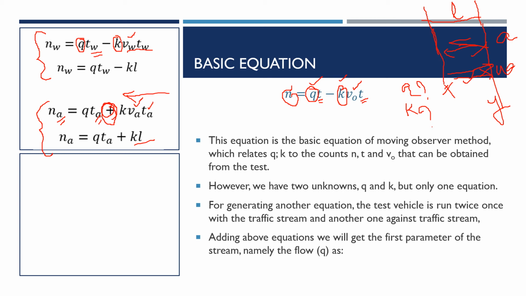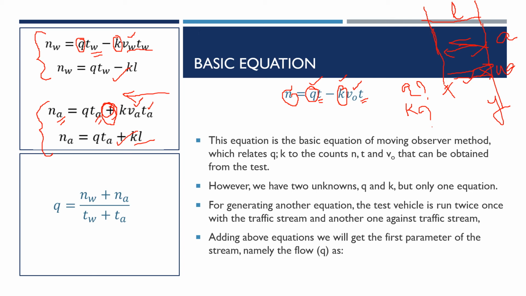So in that case, it cannot overtake any vehicle. So all the vehicles will be overtaking. So we'll be simply counting the number of vehicles in the opposing direction. Alright. Now, if you have two equations, you can solve these two equations and you can write either the equation